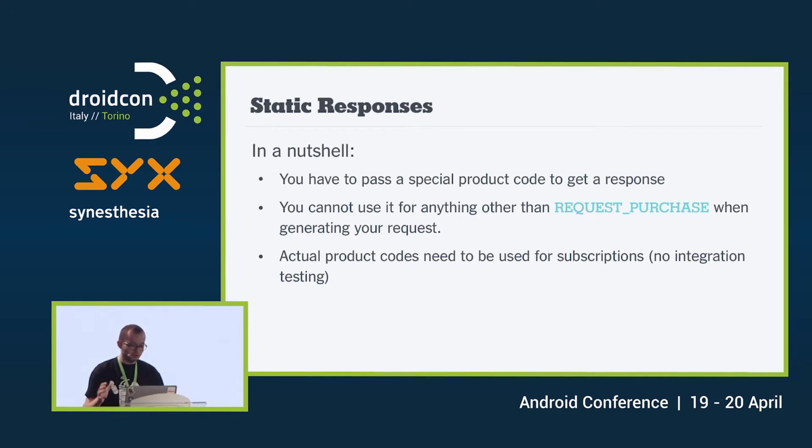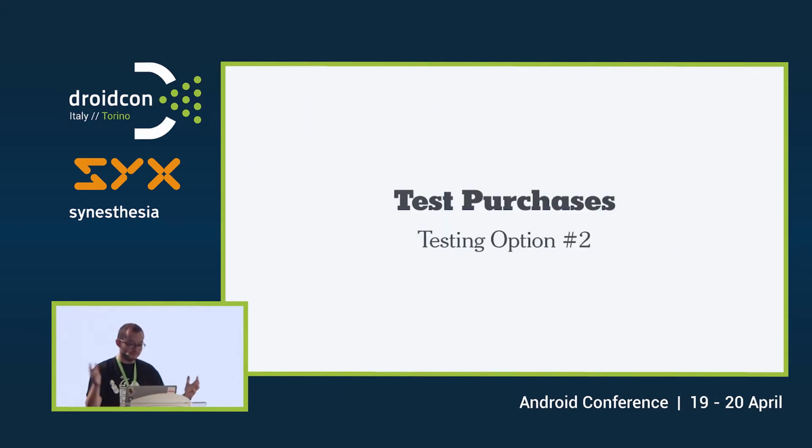You can only use these 4 codes with the request purchase flag when you're generating that request. And the actual product codes need to be used only for subscriptions, so you can't do integration tests. So option number 2,